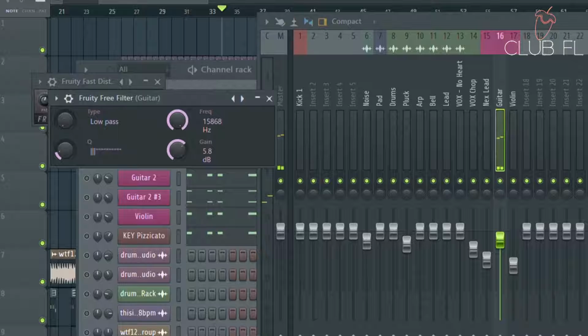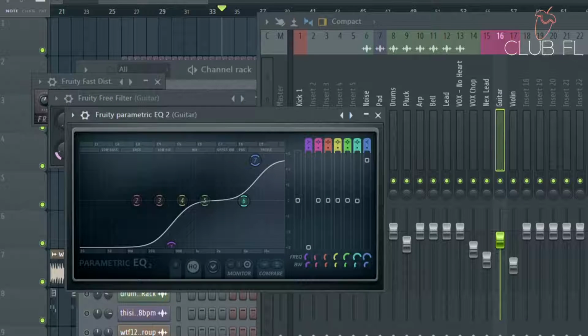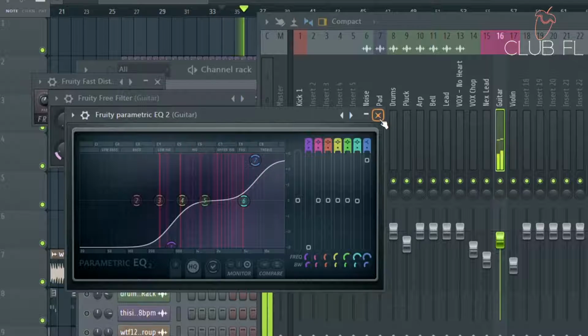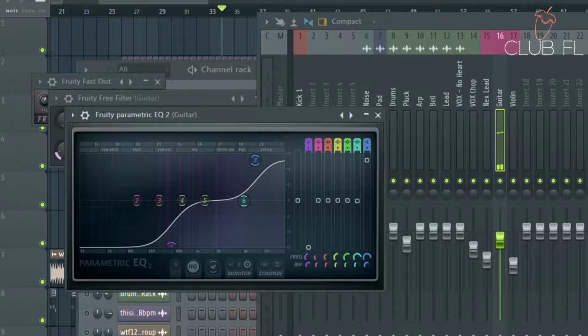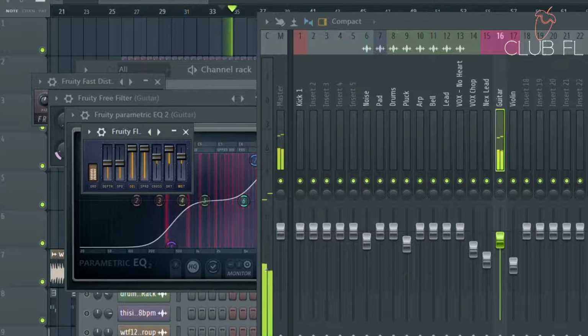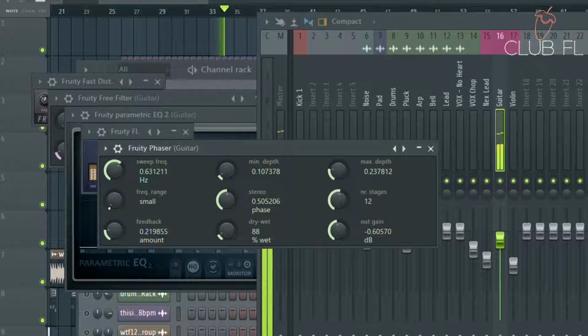Some filtering that's used later on the track to build up the tension. Some EQ, cut off the bass a little bit. EQ, yeah, flanger. Some phaser,